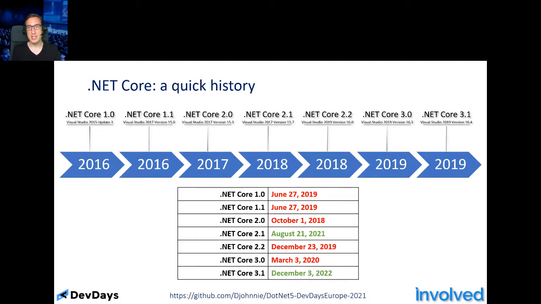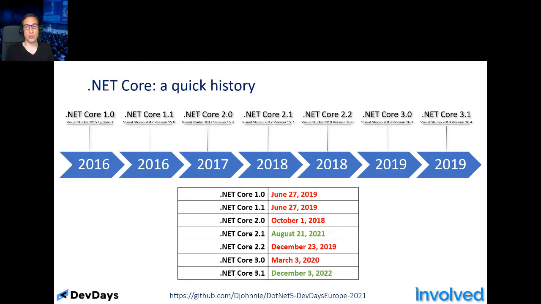So in 2016, it started, and then all the way until 2019, almost 2 years ago, we got our final version of .NET Core called 3.1. Because .NET Core was going so quickly, older versions of .NET Core also got out of support very quickly. You can see in the table in the bottom that most versions of .NET Core are out of support, which means that they will not receive any updates, they will not receive any security fixes, so you shouldn't really use them today. If you are doing .NET Core today, you can basically only use .NET Core 2.1 or 3.1,